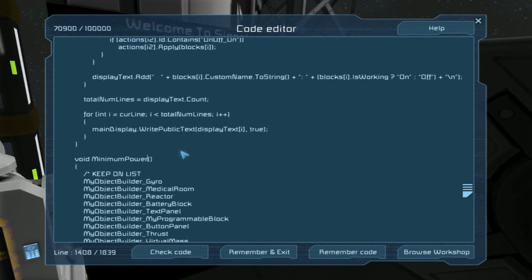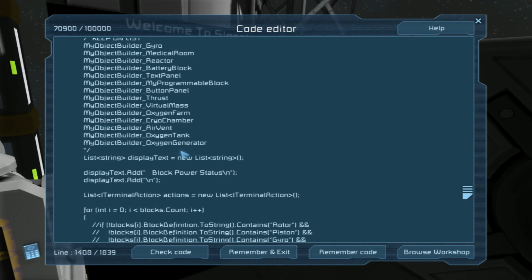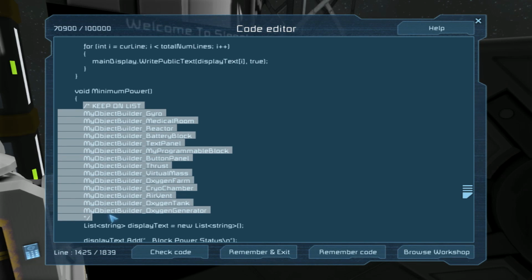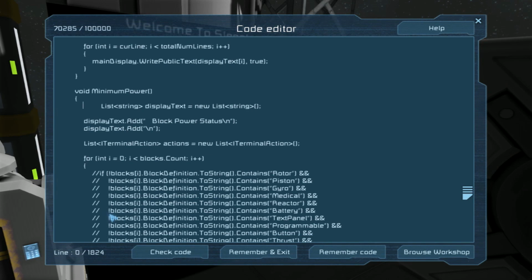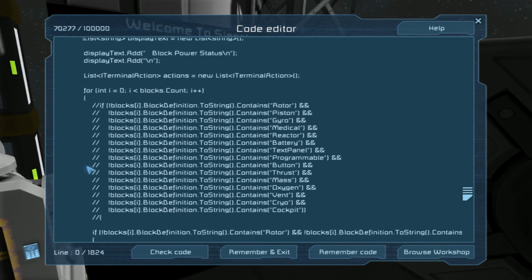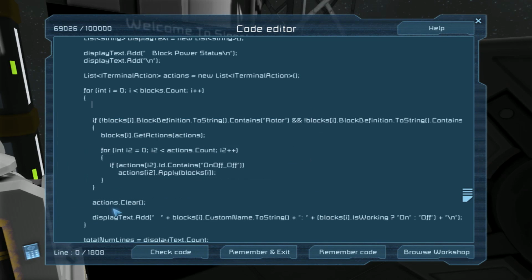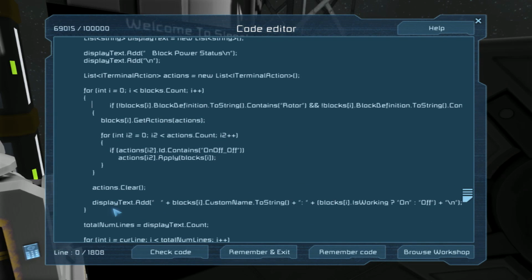Minimum power. Alright. I wonder if it's something with this comment or something, because there's only this script, or this method, that has a bunch of comments in it. That might be screwing things up, I guess. I don't really see why it would, but...